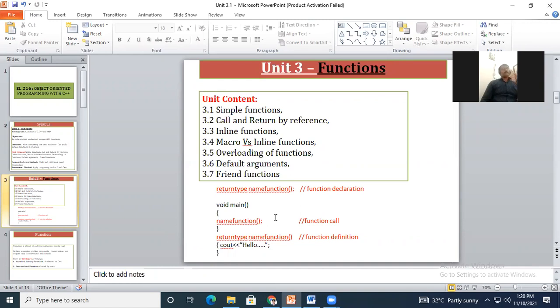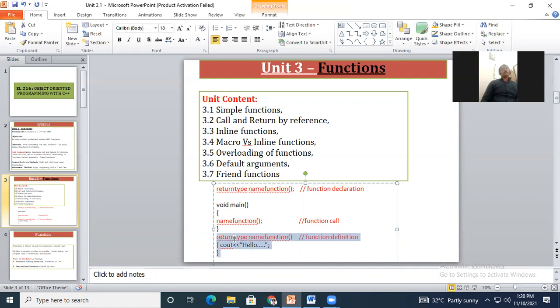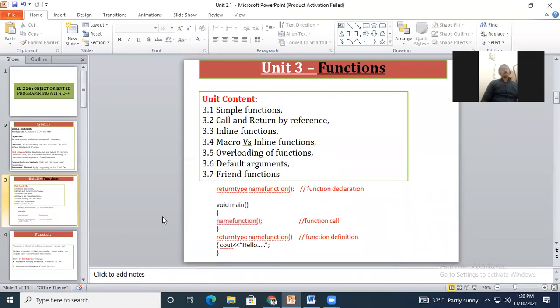And parts of the function, that means how you need to write this function in the program. First declare it, then write the definition for it, what your function should do, and then just mention the name of the function for calling it in the main function. Okay.